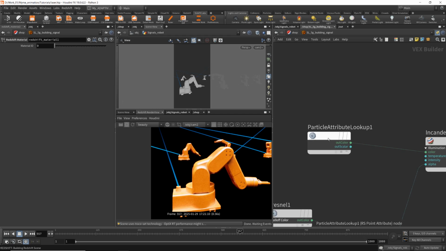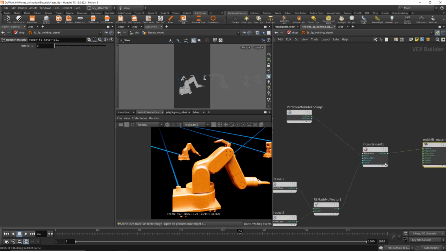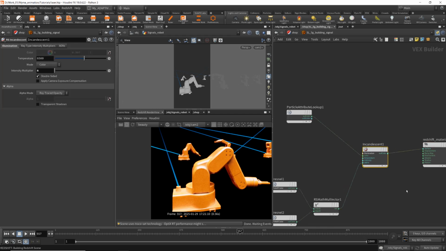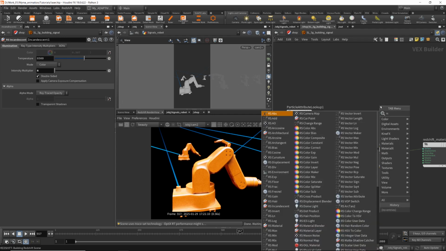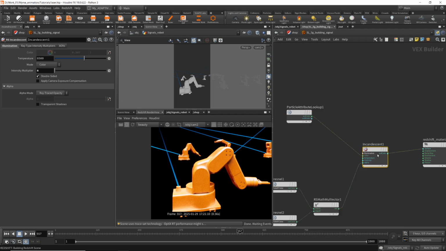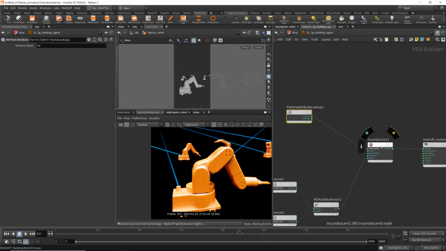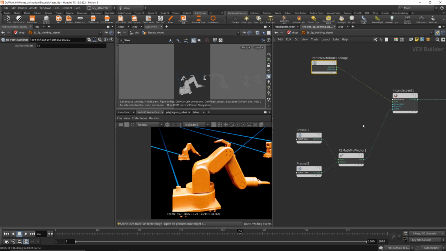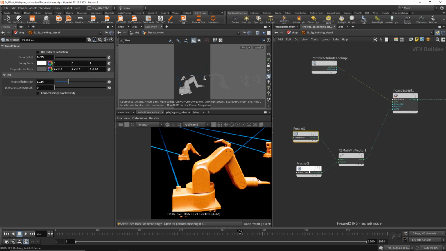It's just a simple Redshift incandescent material. Okay, self-illumination. For the color, I use particle attribute, and for the alpha channel, I use erase Fresnel, and